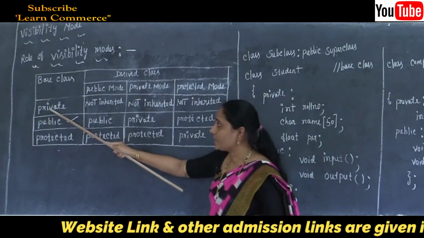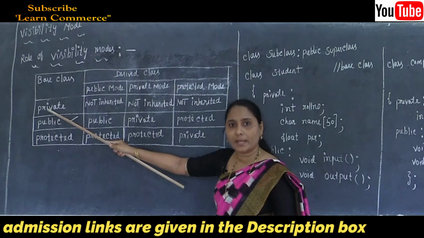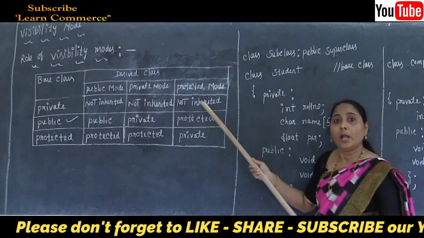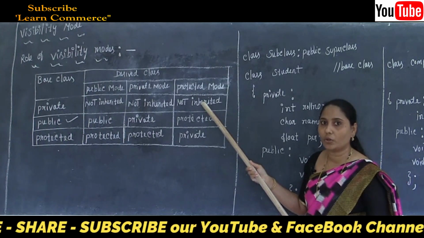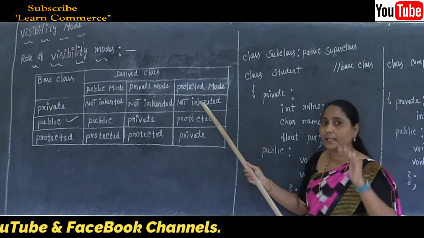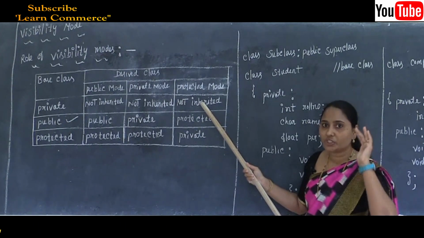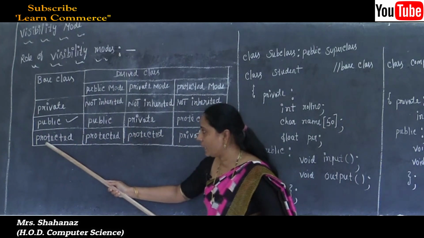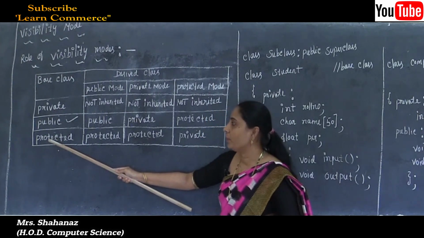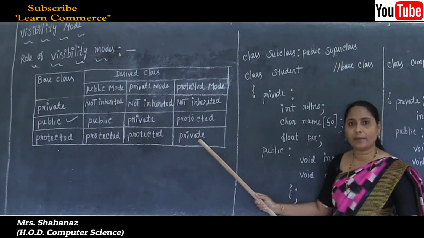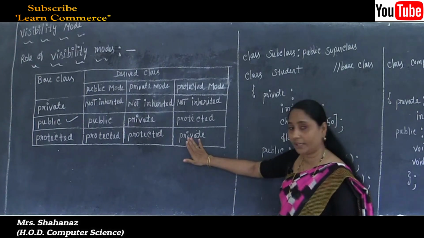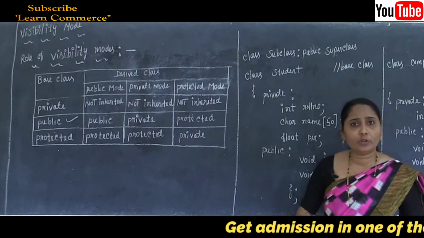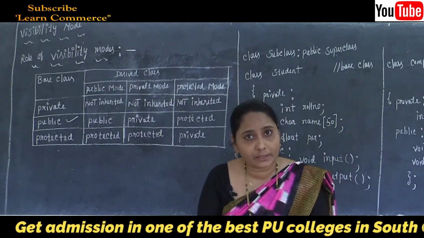And the second thing we can say is that the private member of the base class cannot be inherited to the protected side of the derived class. What are the members in the private side of the base class? Such members are not possible to shift to the protected side of the derived class. And finally, the protected member of the base class stays protected in a derived class. So we can write here private or protected, no problem. Why? Because we already know that private is also called protected, both are similar here.